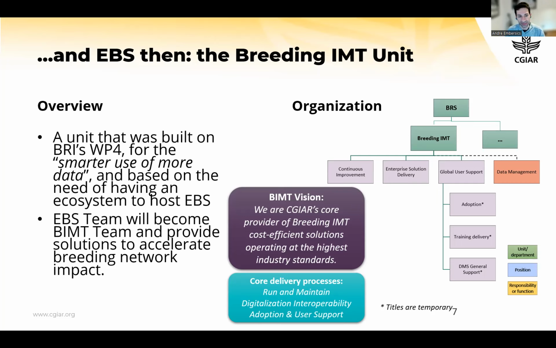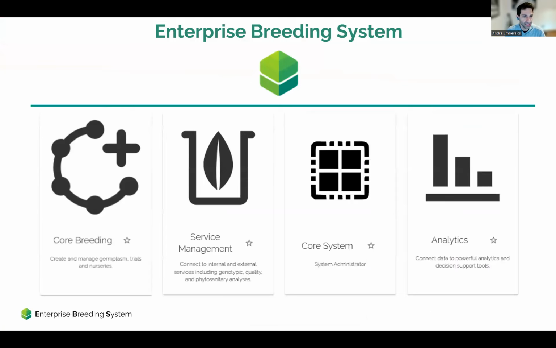So as we are moving EBS into a new phase, we will continue to keep it running, of course, but also to provide new functionalities based on what we know so far that the crops and the users are expecting to have, but also based on new requests, new feedback from the users. And we have a dedicated team just for adoption and user support, with a service desk, with a team to provide training and documentation and all of that. Next slide, please. I think that was my last one. Yes. So now I will pass it to Kate.